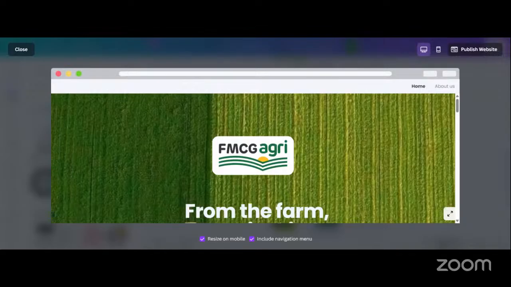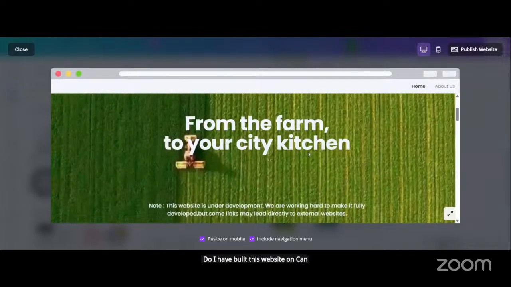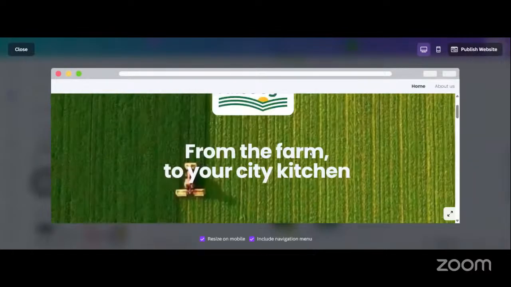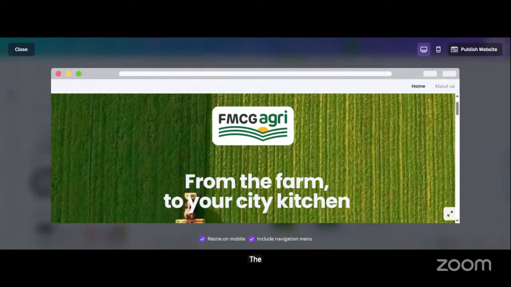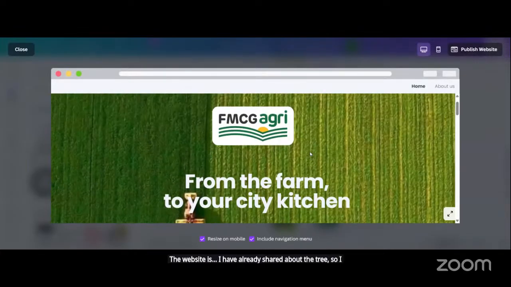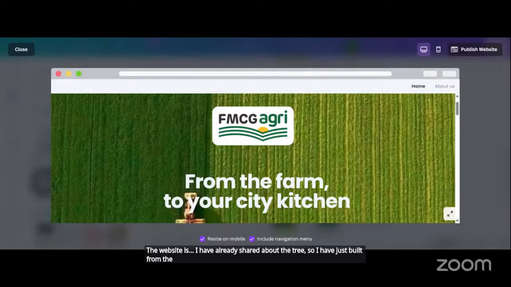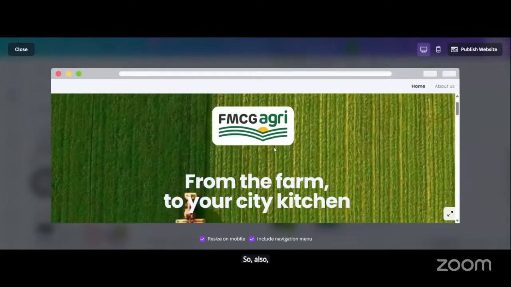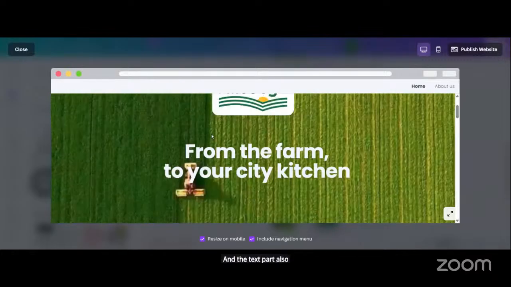So I have built this website on Canva. The website is about the Okay tree, which I have already shared. I built it totally from a blank page, without using any template, and I also added the data and the text. The first page is